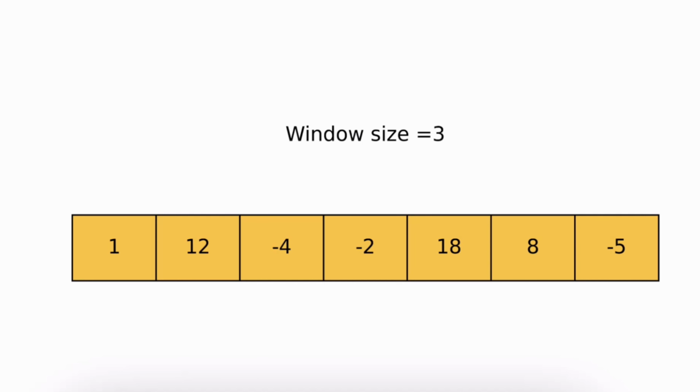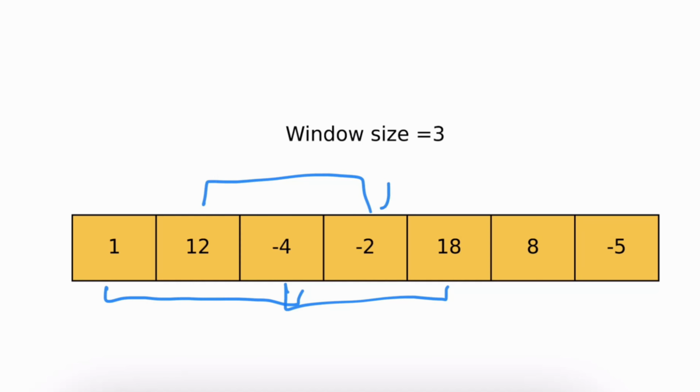So the window size is 3. It means that we can consider the average of this, or this one, or this one, or this one, or this one. So we can see that we have to keep track of all of the averages in our array, and each time we have to find the average of the current sliding window that we are working on. So